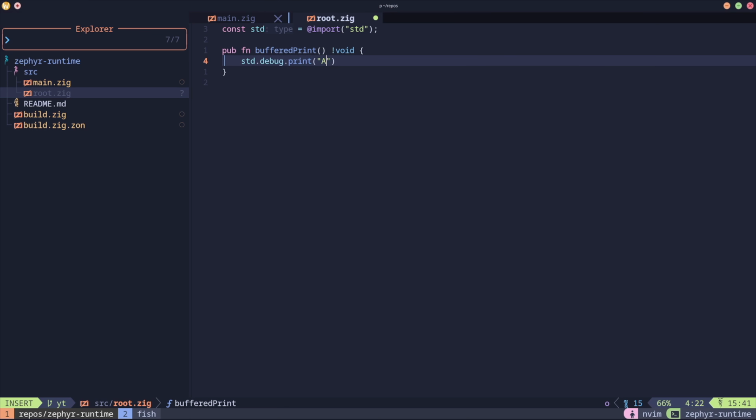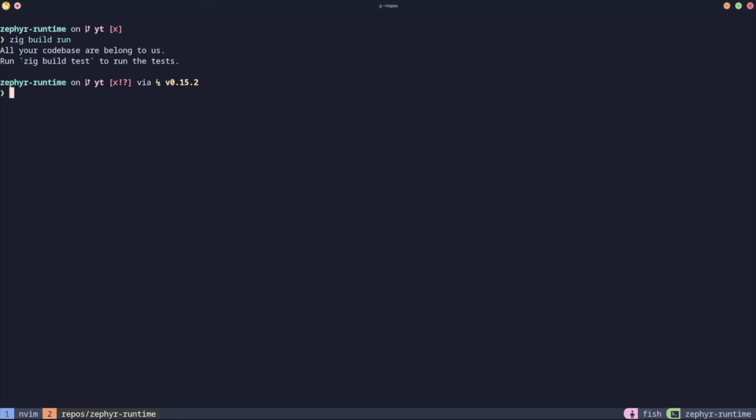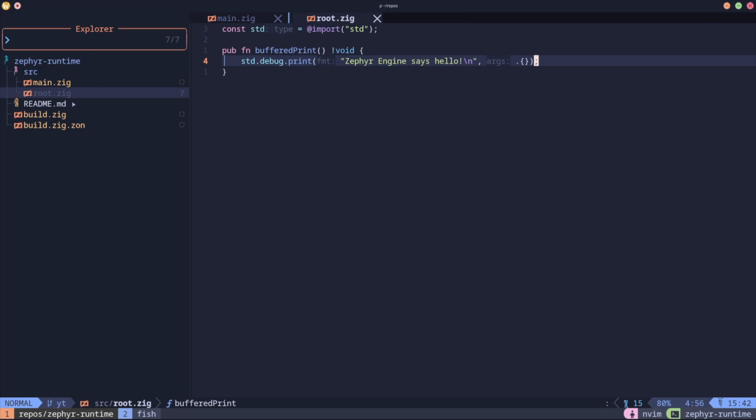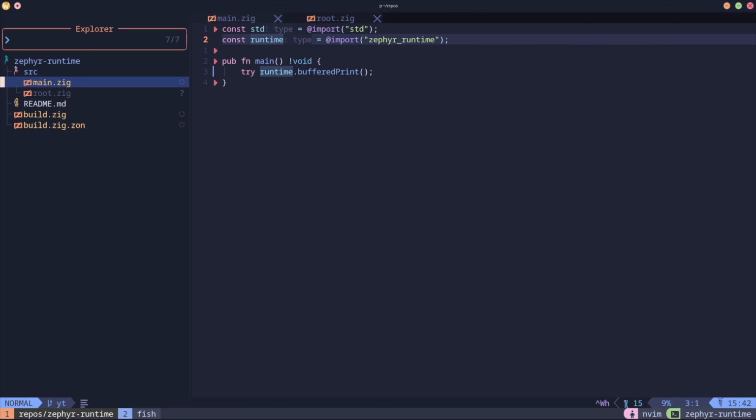Debug.print. And also, forgot to mention, this is going to be called the Zephyr engine. And says hello. Let's see, new line. Yeah. So now we just run that. We have our simple hello world. So that's awesome. It's a great starting point for us. Again, there's not too much here,